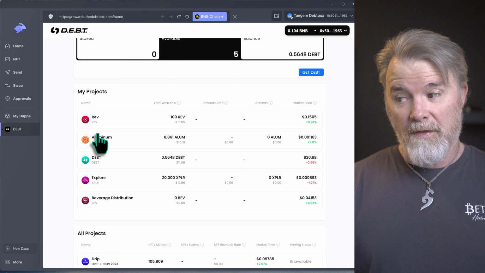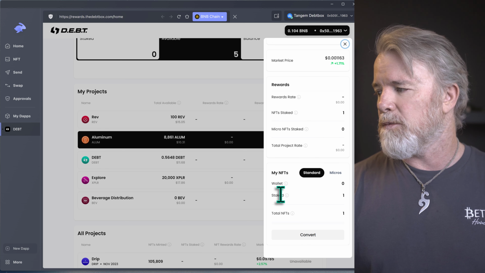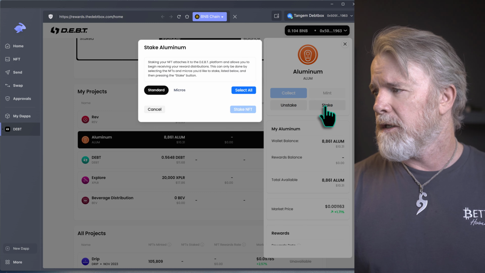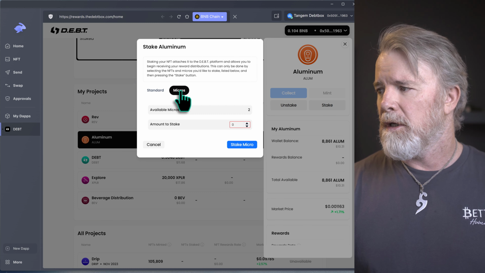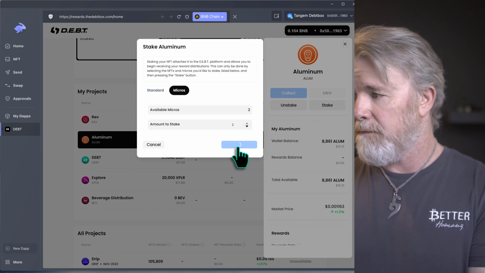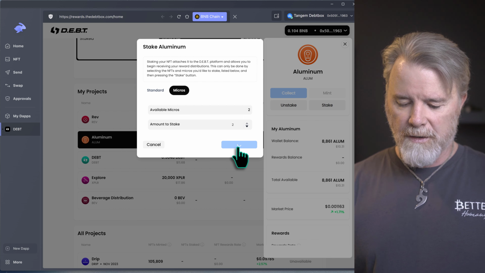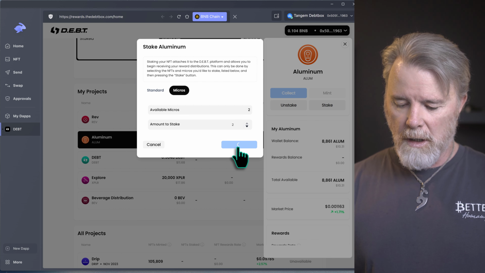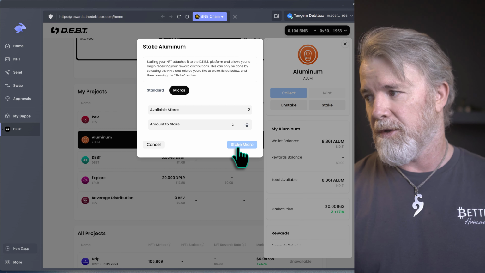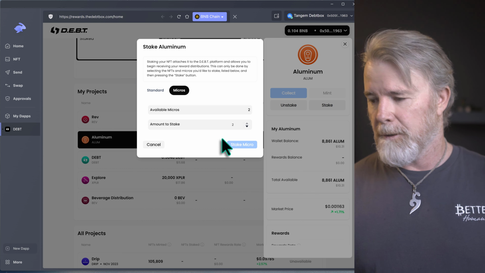But now that I've got this, if I click on the aluminum and I come down and have a look, it's got staked, one standard. Okay, so I can actually come up and go to stake and go to micros, and I've got 2 in there, so I can approve that. I have to do this on here on Tangem. Okay, so this is just doing the micros, same as a standard. Just make sure that you obviously select them all in there. If you've got 30 or 40, make sure that you've selected all of them here. Type the amount or use the little thing.